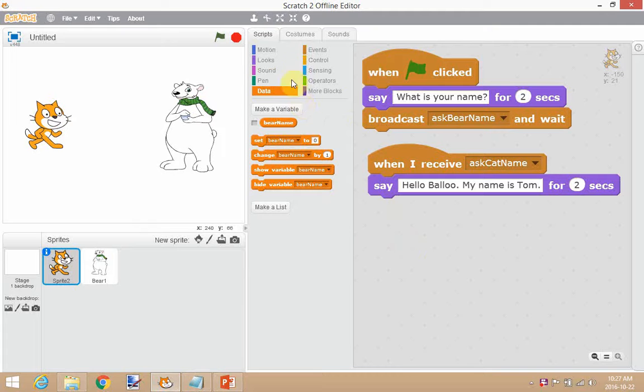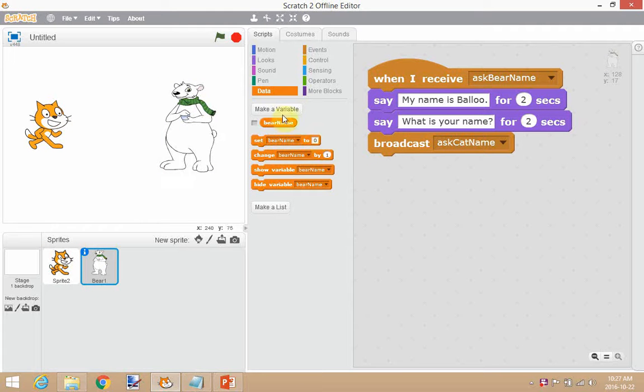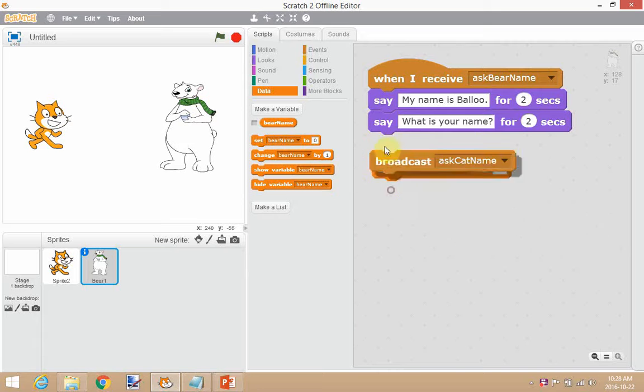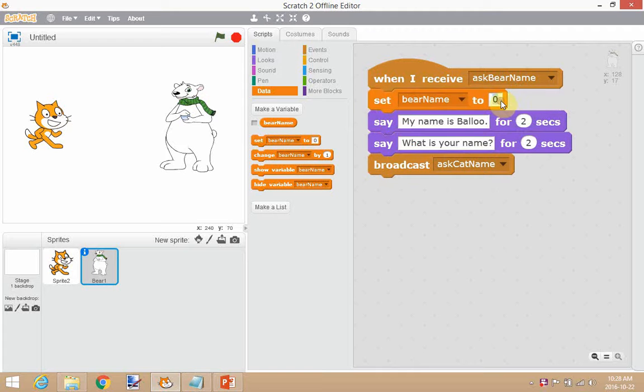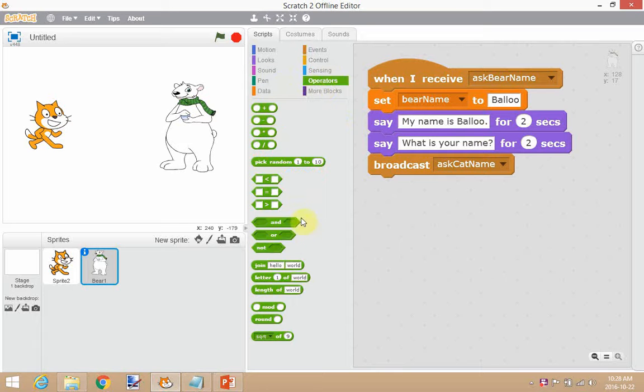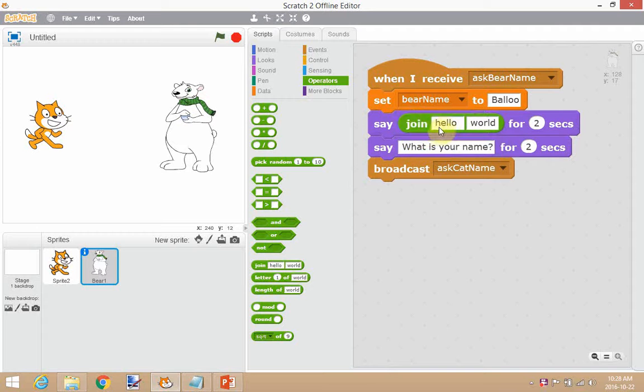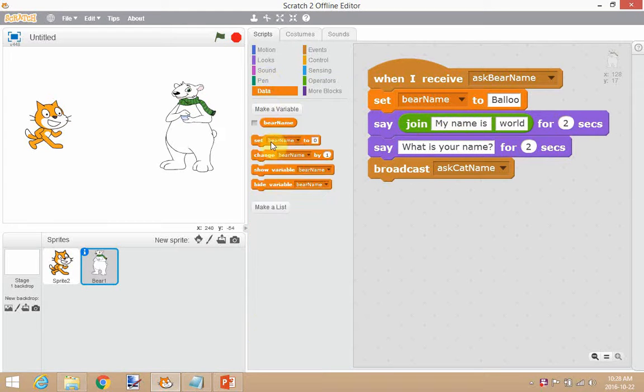So to get around that, on our bear sprite we could have our bear name variable and say set bear name to Baloo, and then instead of saying my name is Baloo, we use our join blocks,